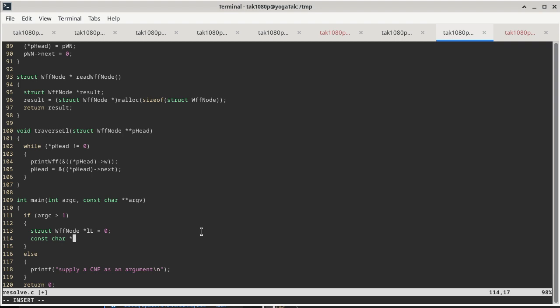I'll just call it PTR, and initialize it to argv1, which is the second member of the array that represents what is on the command line. And then we can say as long as, hmm, because we will do the parsing first, and then,